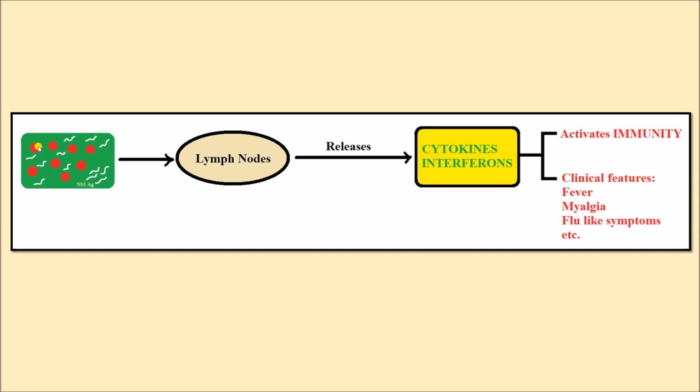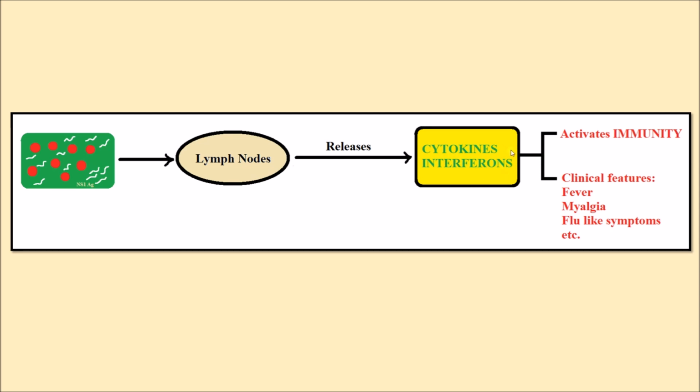Sometimes the Langerhans cells also have NS1 antigen inside the cell. So these white structures, these are the NS1 antigen as presented in this diagram. This virus loaded Langerhans cell reaches the nearest lymph node via the afferent lymphatics, and there it releases cytokines and